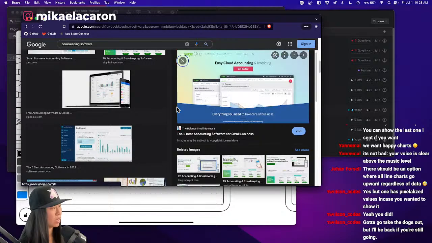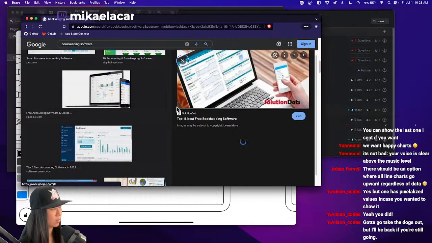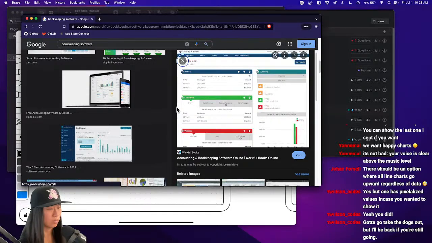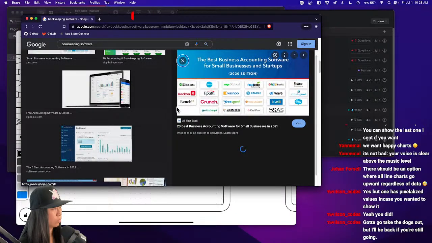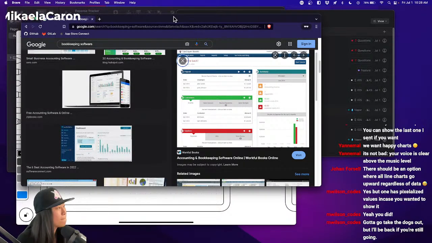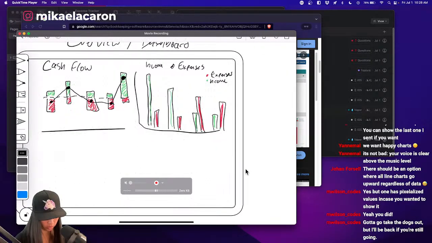Or just have big numbers? We could have a table. I kind of like that. Not this table exactly, but we could have a table of